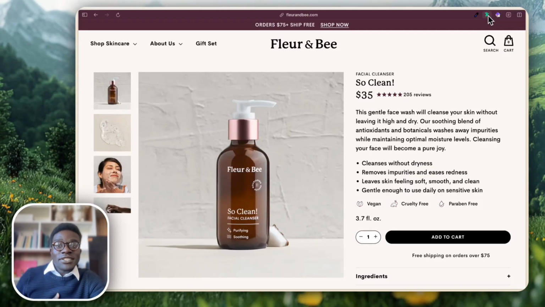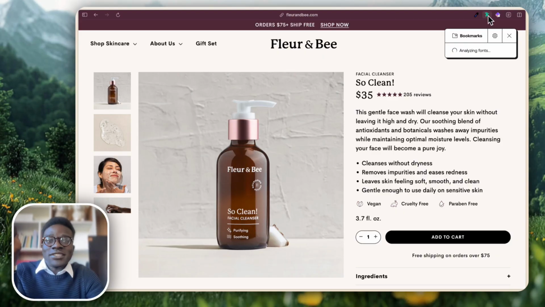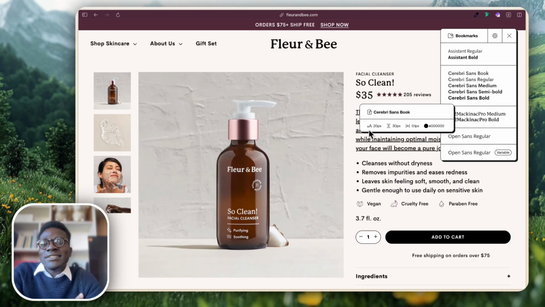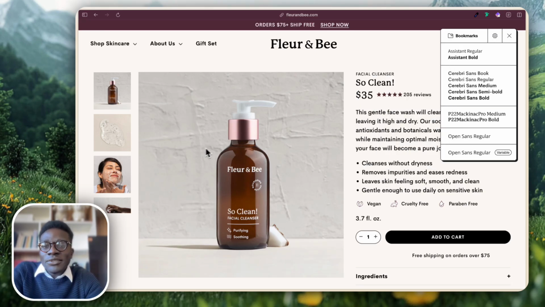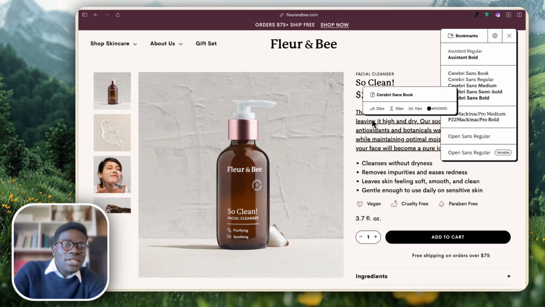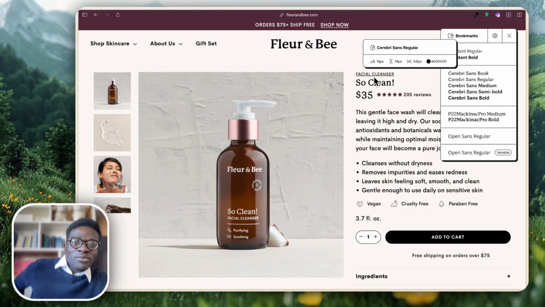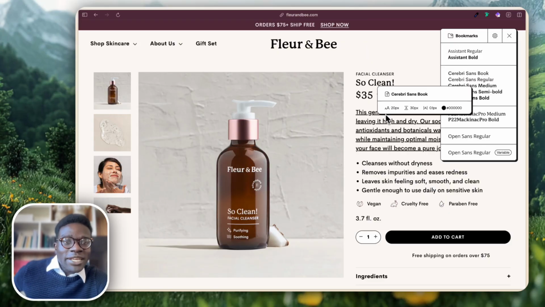This is a Chrome extension called Fonts Ninja. Once you load up Fonts Ninja, it works similar to the inspect element function, where you can hover over different text items inside of the page, and it will tell you what font is actually being used. As we can see, the fonts being used here are P2 Mackinac Pro Medium, Cerebri Sans Regular,